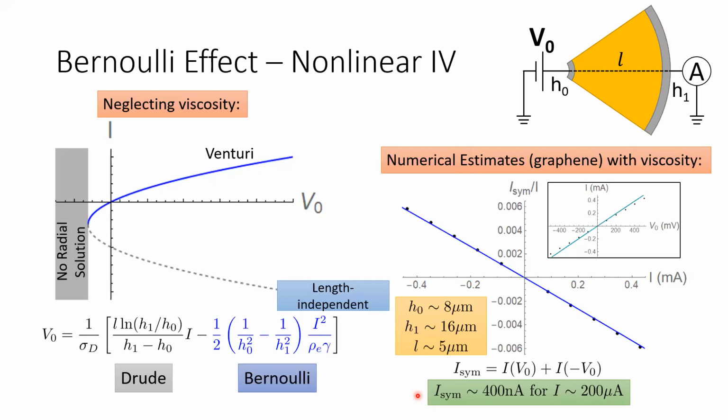And what's the carrier density in this calculation? Carrier density is at 10 to the 12 per, it is typical graphene carrier density. Yeah. There is no such thing as a typical graphene. I'm trying to remember. I think it's 10 to the 12 per centimeter squared. Okay. Yeah, I always mix myself up when it's centimeters versus meters.